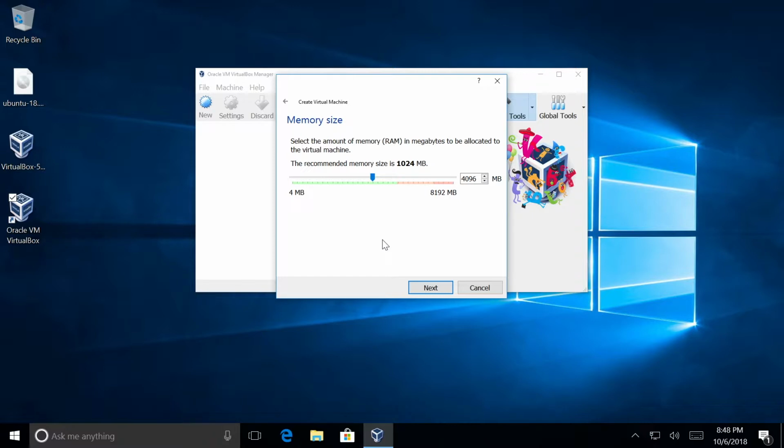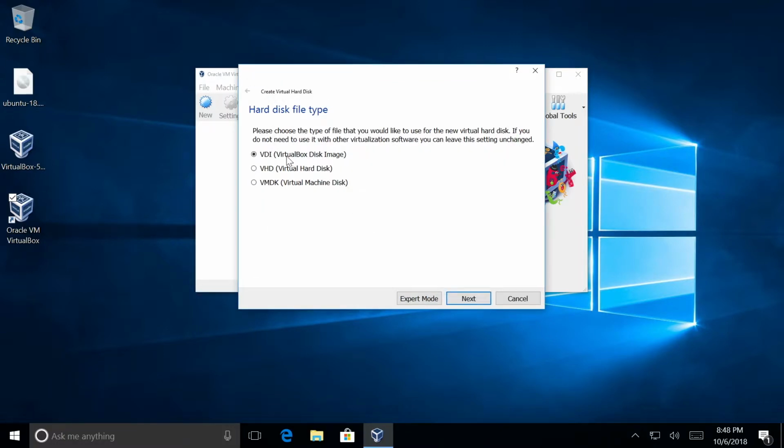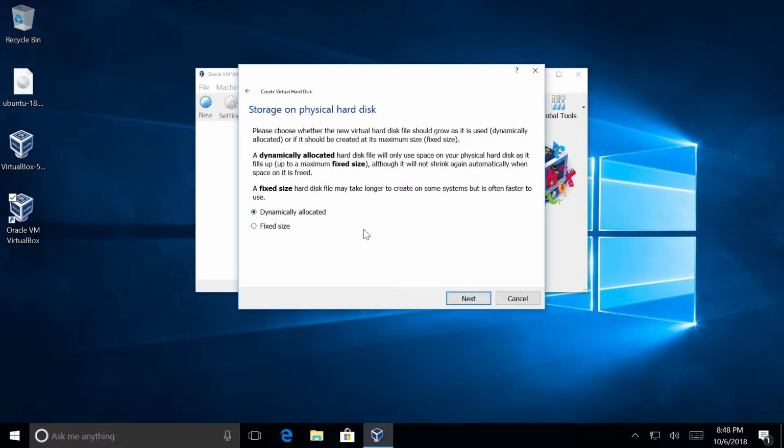So don't do that. I'm just gonna click Next, and here I'm gonna select the option Create a virtual hard disk now. And then I'm going to select that first option, VDI, which is the VirtualBox disk image. And here I'm going to select dynamically allocated,